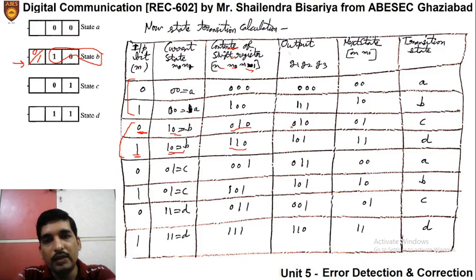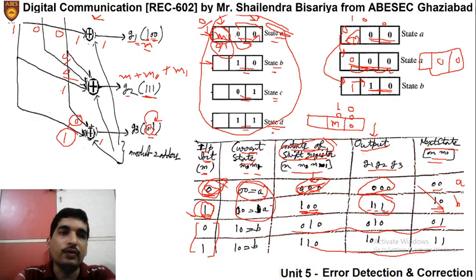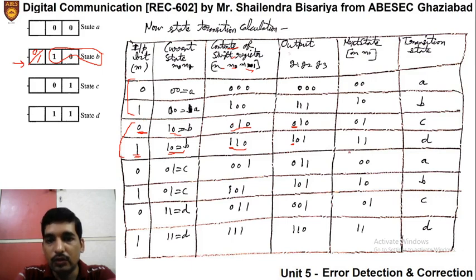Now you should remember that G1 is nothing but the m value. So we say that it is 0, so G1 is 0. Since it is 1, so G1 is 1 here. Now G2 is what? You could remember, G2 is XORing of all the three, m, m0 and m1. So XORing of the 3 bits will give us the value of G2. So 0, 1, 0 XOR, we will get 1 here. Right? 1, 1 and 0, XORing the 3, this becomes 0. So G2 will become 0 here.